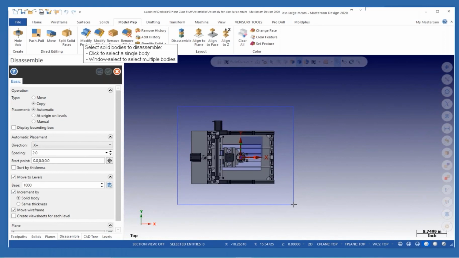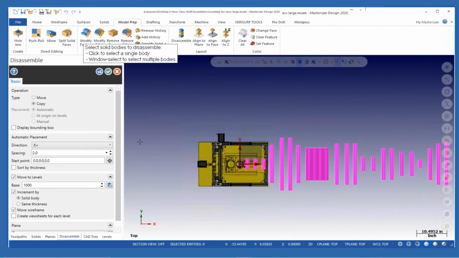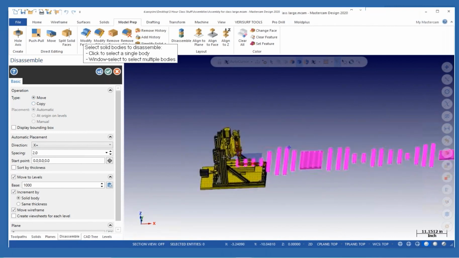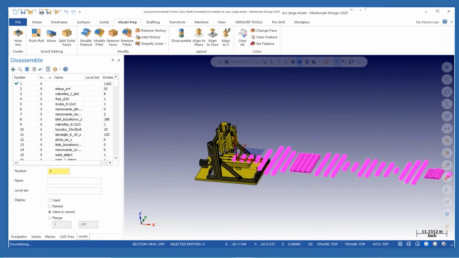And this time I'm going to select everything. I selected everything. Yes, I did copy it. I moved it to the levels. If I didn't care about this assembly and I wanted to move everything, I could select that and it actually moves instead of copying. See, it's still working. I can say okay. And it will take several seconds when it's done calculating,